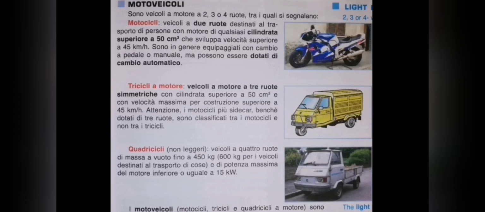Another category of vehicle that we are going to look at here is motoveicoli. When they say motoveicoli, they are not talking about our regular cars. No, those ones are autovetture. Motoveicoli, they are talking about motorcycles, tricycles, and quadricicli. Once they say quadricicli, they are talking about non-leggeri. Those that have a weight that is more than 425